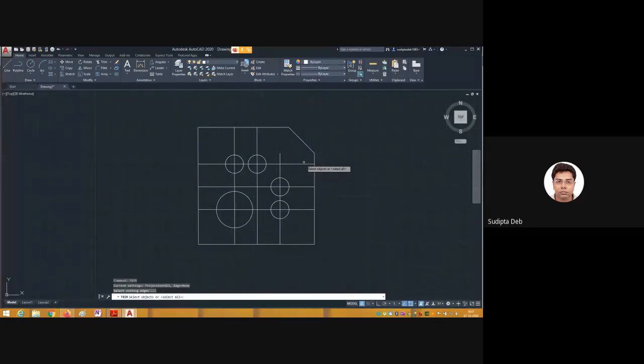So my suggestion, press double enter. For trim, always press double enter, not single enter. TRIM I am writing. Now press single enter, then again press enter. That means it is double enter.